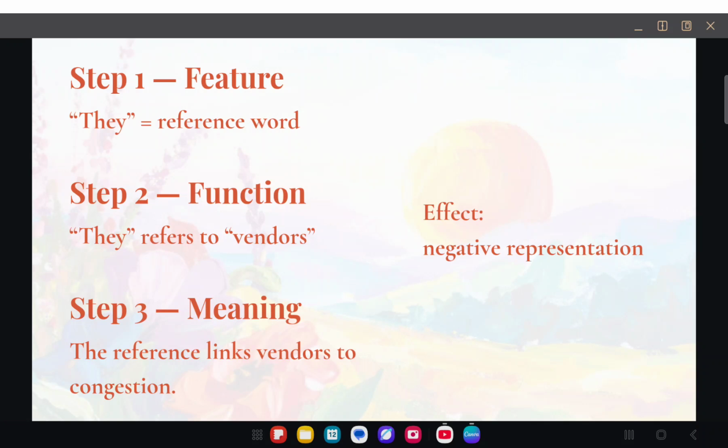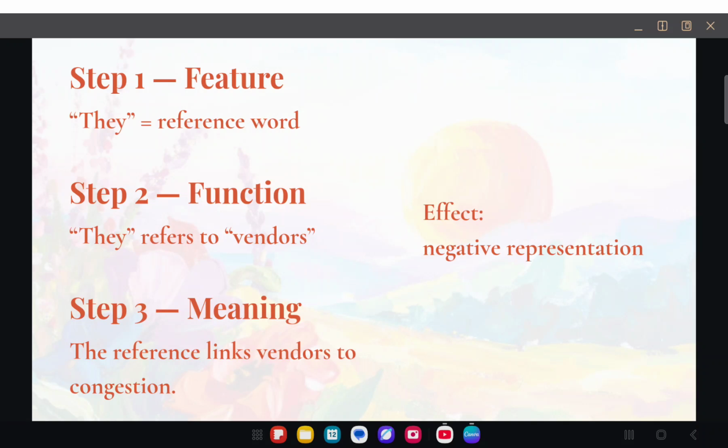The word they refers back to vendors. This creates cohesion because the second sentence is connected to the first. I guess that you begin to connect one piece of information with the other, right? And then at this point you begin to understand.